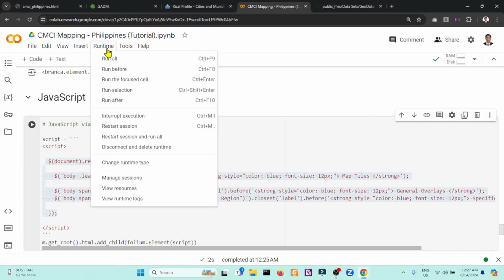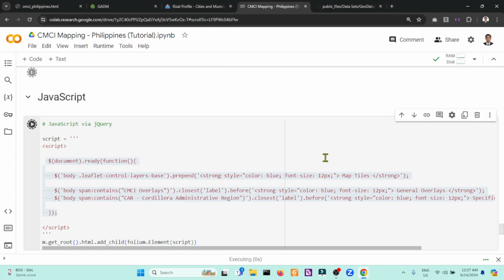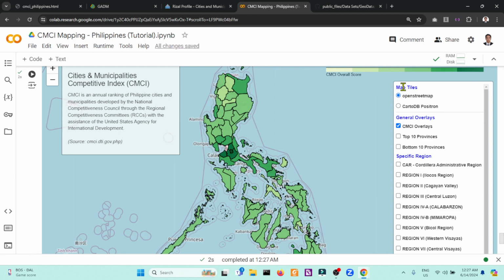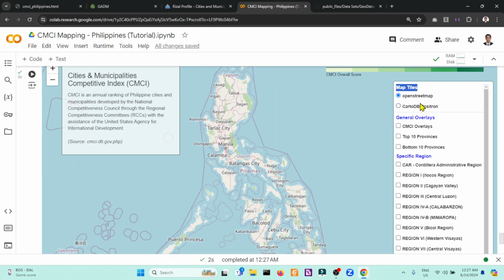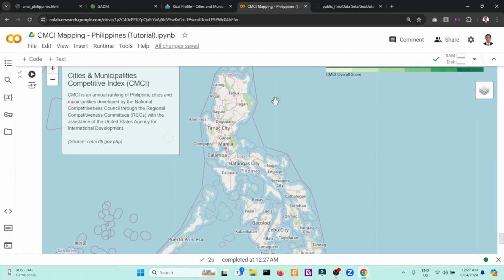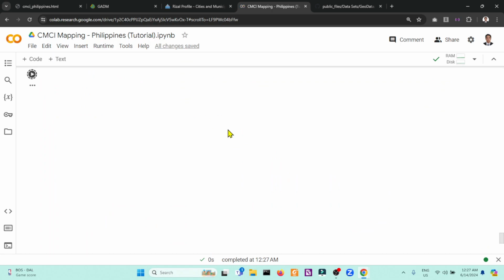Then run again. So we can see the map with specific labels such as map tiles, so that a user will have a specific idea of what a section is all about. Let's run this one more time.